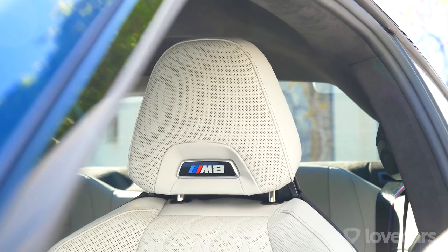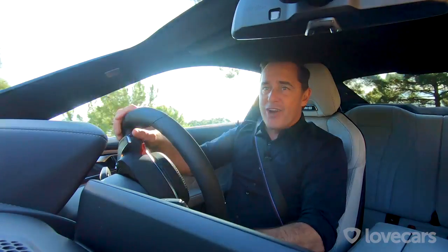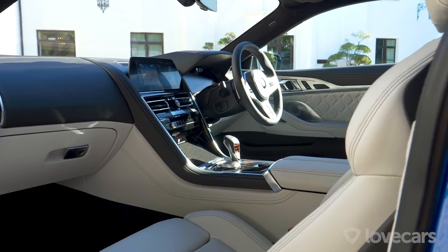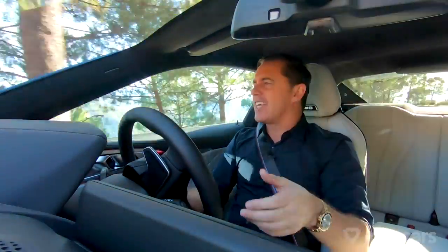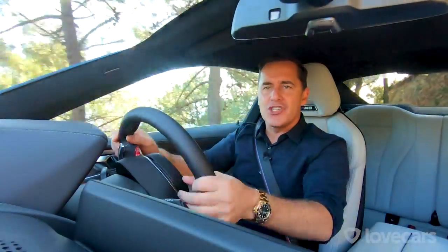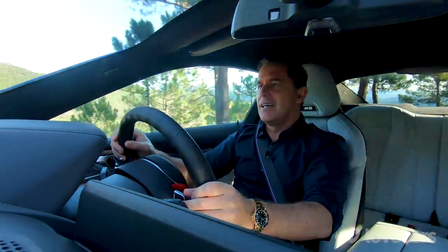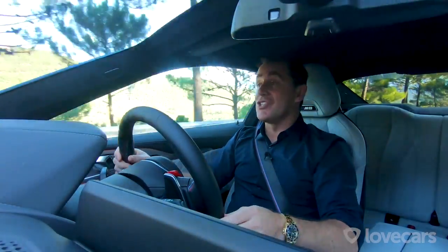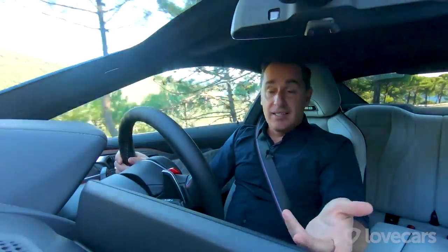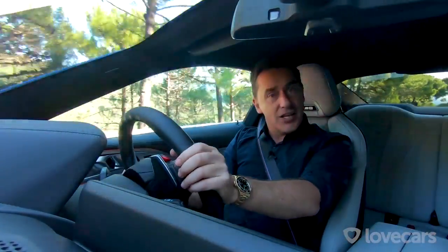The interior of the car is absolute quality. It's top of the range Merino leather. Everywhere you look, you've got carbon fiber. The wheel's very nice, very round, Tiff. That's a very nice round wheel. It's a little bit chunky, but there's just so much tech and so much going on. You've got voice recognition, infotainment system, and a head-up display. They're all standard. But the best feature ever, no question, is the reversing assistant. If you're not familiar with that, you can have a look at this video here somewhere. There's a link where we show you last time we were in the